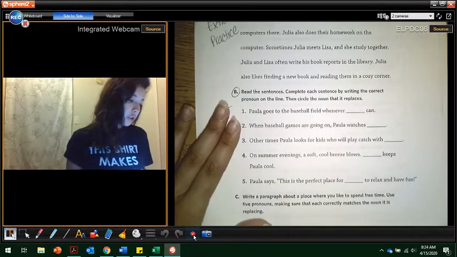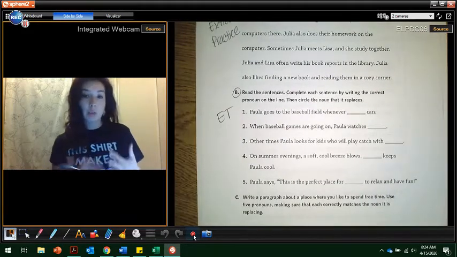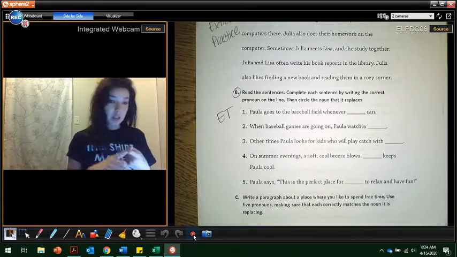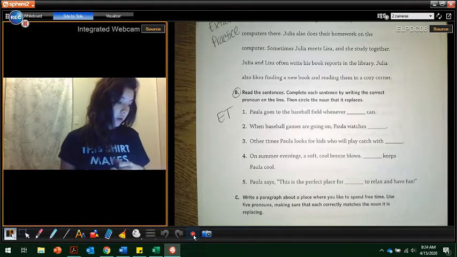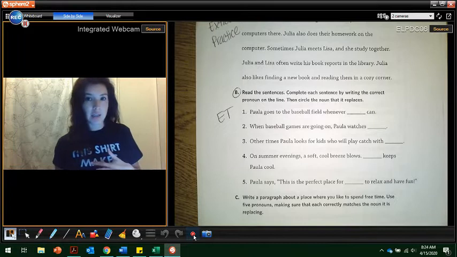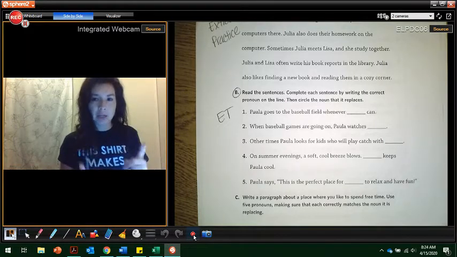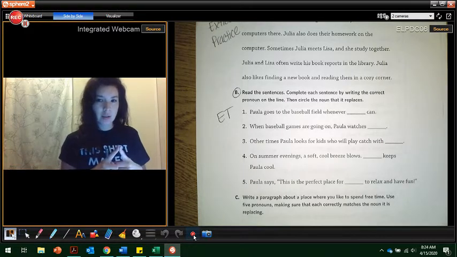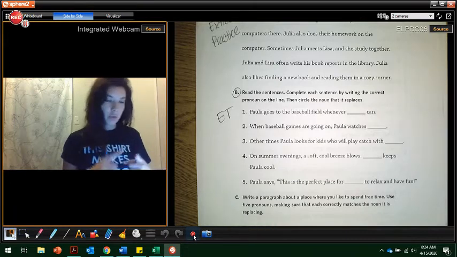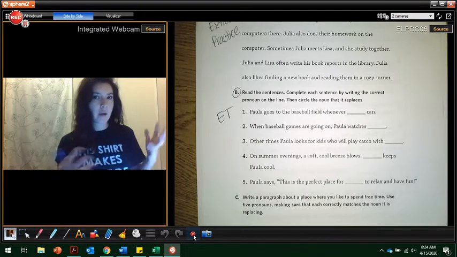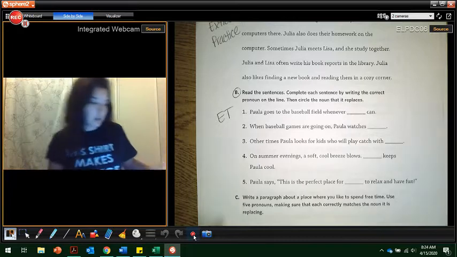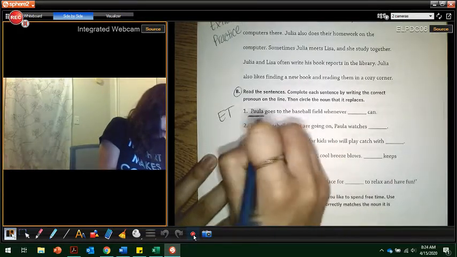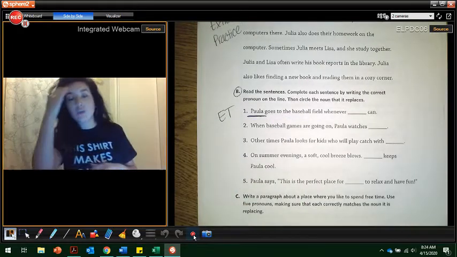And what you're going to do is you're going to do those steps that we talked about. You're going to read the sentence. Paula goes to the baseball field whenever blank can. You're going to think about, what noun am I trying to replace? Well, Paula's the one going to the baseball field probably whenever blank can. So we're going to be replacing Paula,